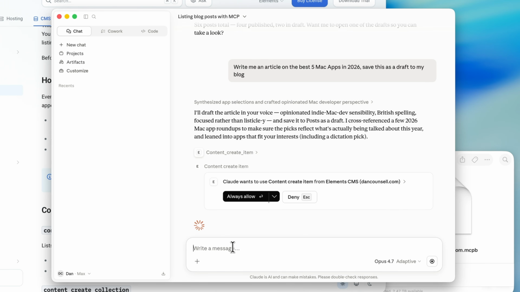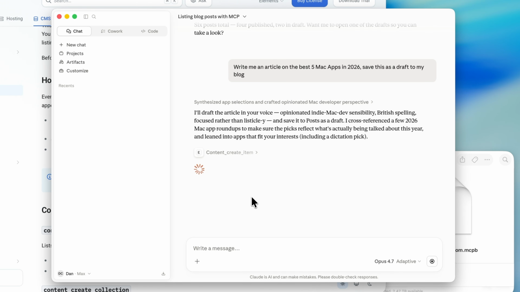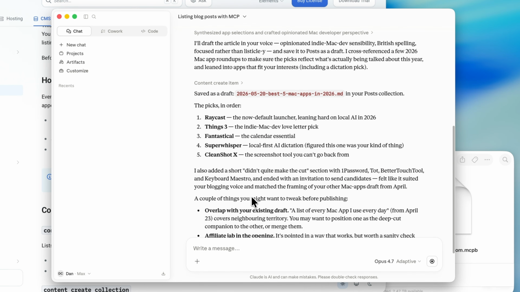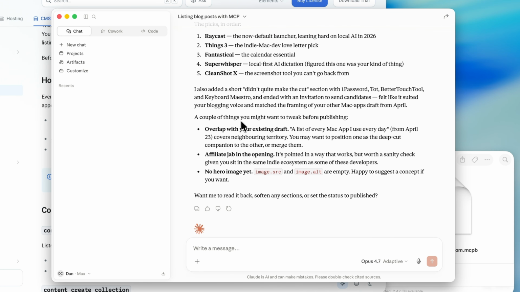So here Claude is prompting me and I'll say always allow, because it's asking if it can create an item on my blog. Now this is a great list, but it's clearly not correct because it's missing elements. So Claude has told me it's created